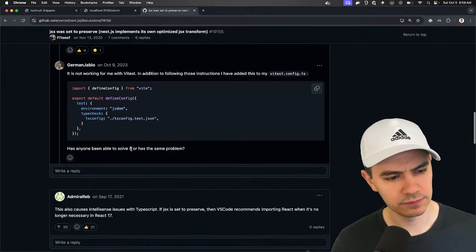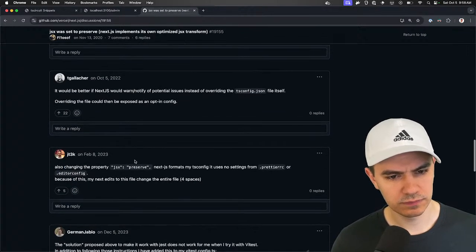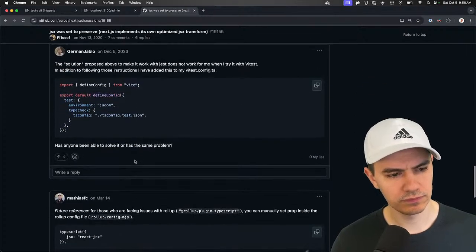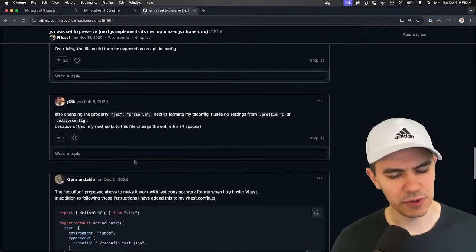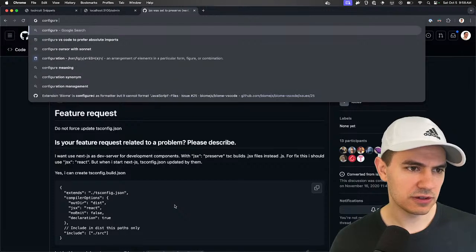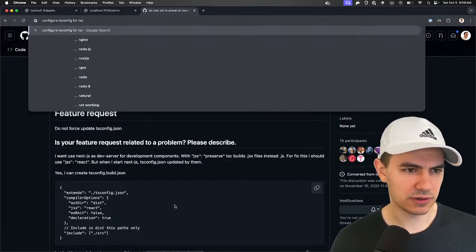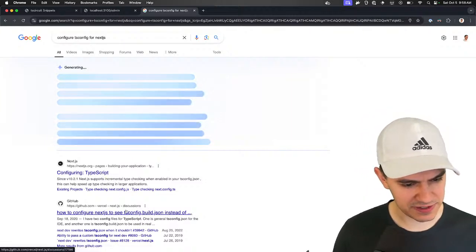Hmm. Yeah, so it looks like we would want to use a separate TS config for Next.js. Let's see if we can tell Next.js to use a specific one.